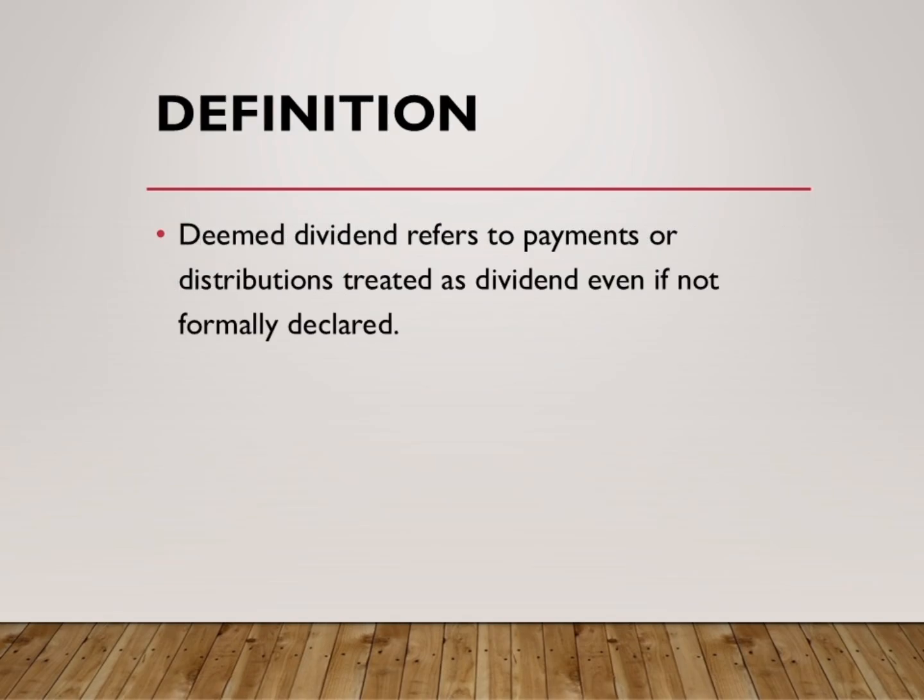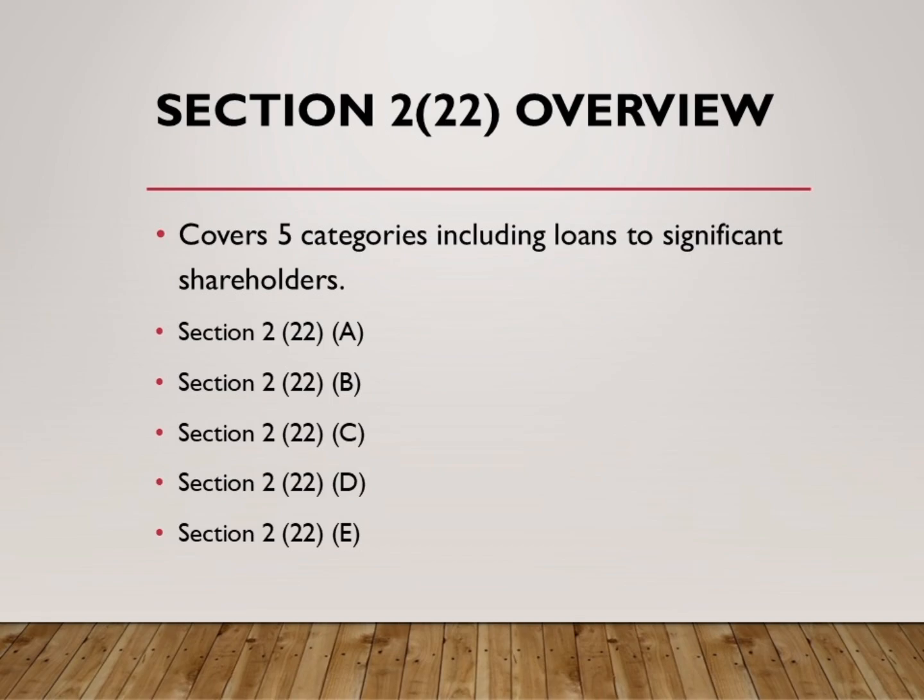What is deemed dividend? Deemed dividend refers to certain distributions or payments made by the company that are treated as dividends for tax purposes even though they are not declared as a dividend in the traditional sense. The primary objective is to prevent shareholders from avoiding tax by receiving company funds in forms other than declared dividends. According to Section 2 subsection 22 of the Income Tax Act, deemed dividend includes the following types of